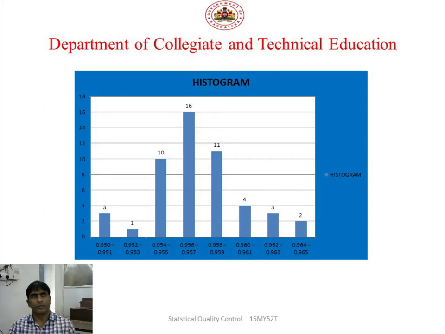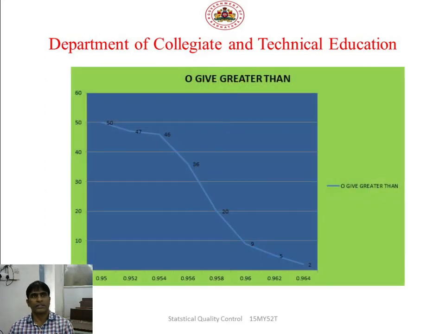Moving on to the next, the less than Ogive curve. You have the Ogive curve; you should draw the Ogive curve. Next, the greater than Ogive curve. We should move in the reverse manner. You take the greater than values, and the curve is in descending form. You will get the descending form curve.